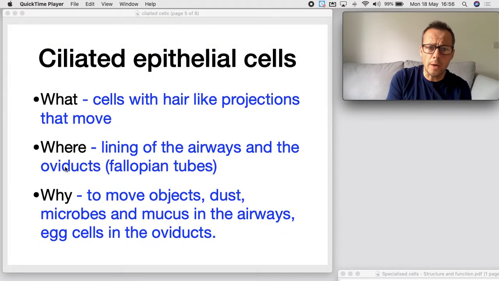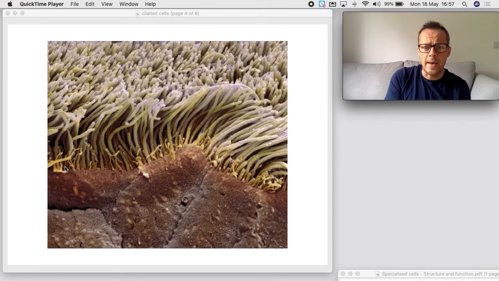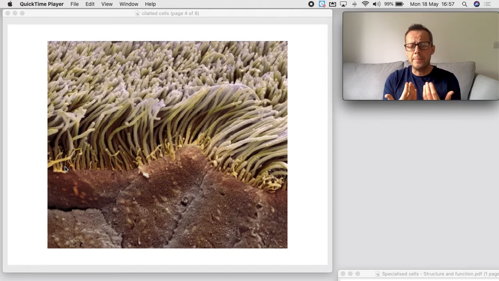So breaking it down, what are they? They're cells with hair-like projections that move, that beat. Where are they found? Lining of airways and in the oviducts in the fallopian tubes. Why are they there? Well, if we look at the lining of the airways, in that image, they would be there to trap microbes that are caught in mucus produced by our airways. They beat and they move upwards and move that mucus and any dust or any microbes trapped in there into our mouth, and then we can swallow them and the stomach acid will kill